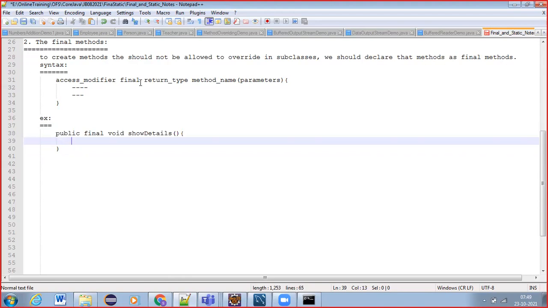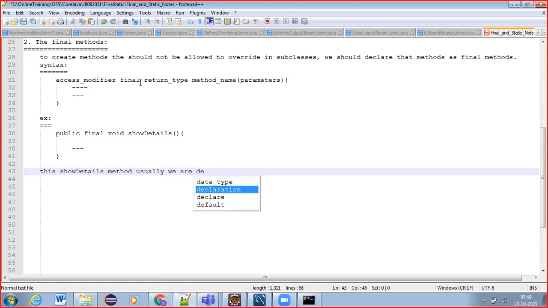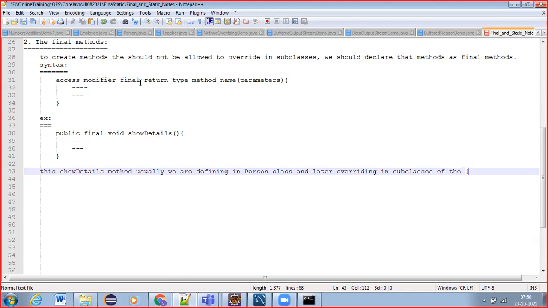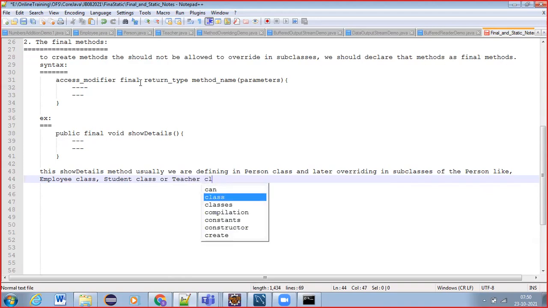So if I write showDetails, usually we are defining it in the person class and later overriding it in subclasses of the person, like employee class, student class, or teacher class.